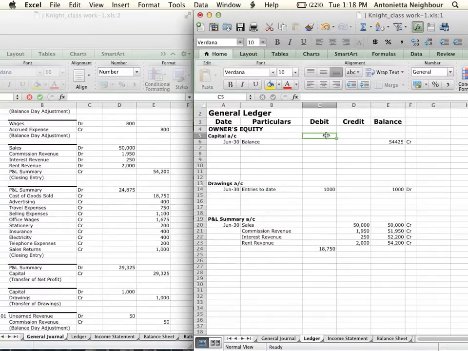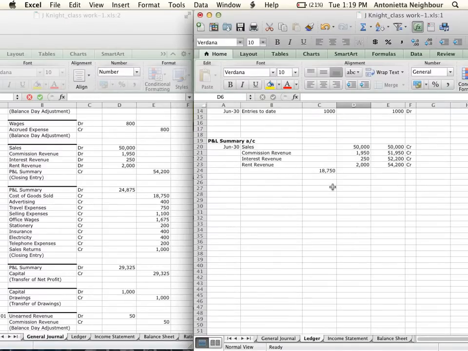So the reason why I don't have a debit figure there is because that is not representative of a double entry. Or, sorry, a credit entry. The reason why I don't have a credit entry there is because that's not representative of a credit balance. Did I misunderstand what you were asking me? I just wondered why we left the debit column as just 1,000, like why we said this. Oh, is it because we're only doing, I don't know. Are you sure? Yeah, I think it's because. Okay. All right, so